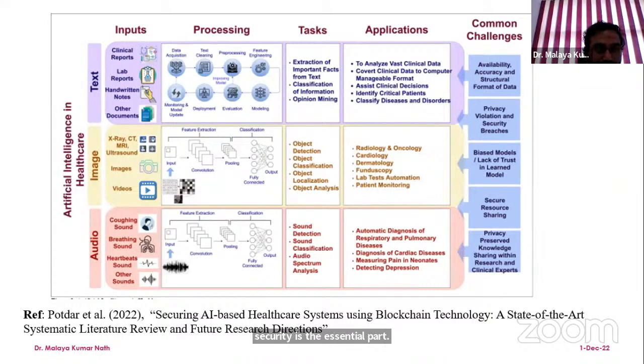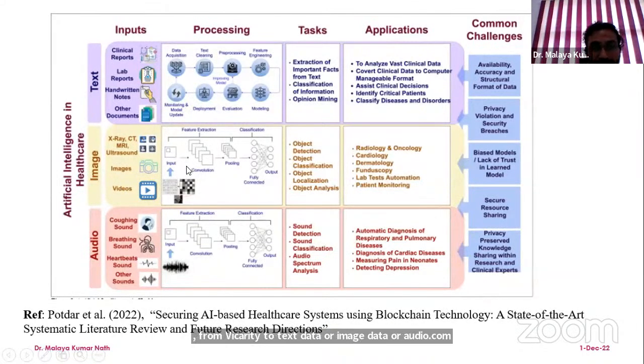So if we look into this data, first there is data acquisition. Already we discussed last class text cleaning, pre-processing, feature engineering, as well as modeling, evaluation, deployment, manufacturing, and model update. Now, when we are talking about this data, we are extracting certain features from the text data, image data, or audio data.